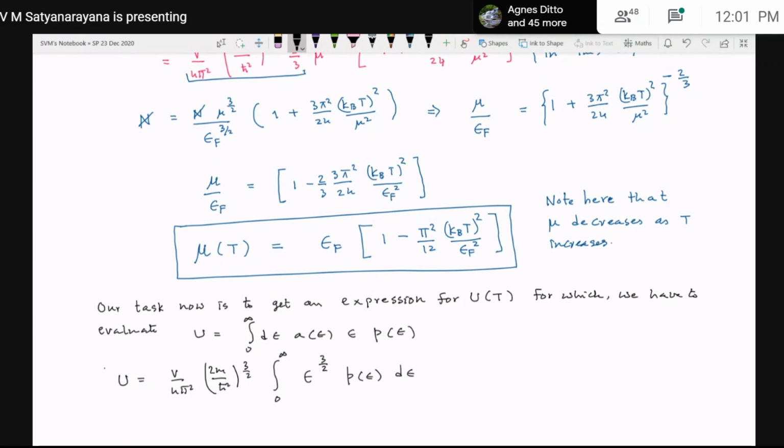Now when you do integration by parts, so the same thing is valid. So when you do integration by parts, you get